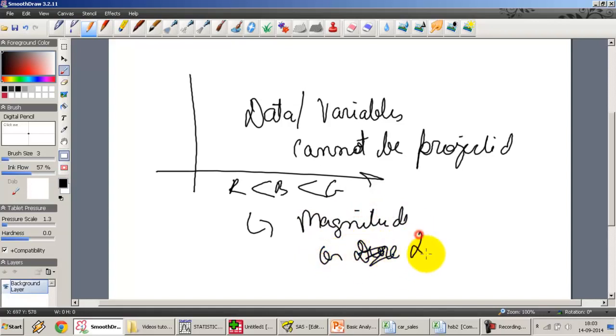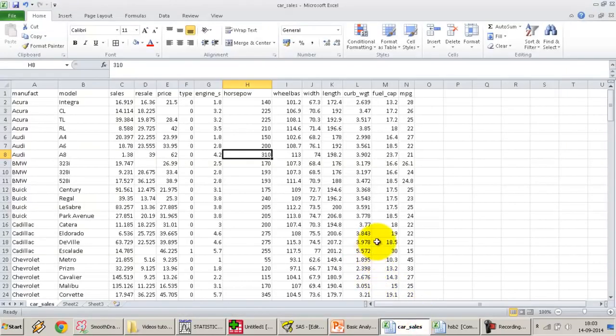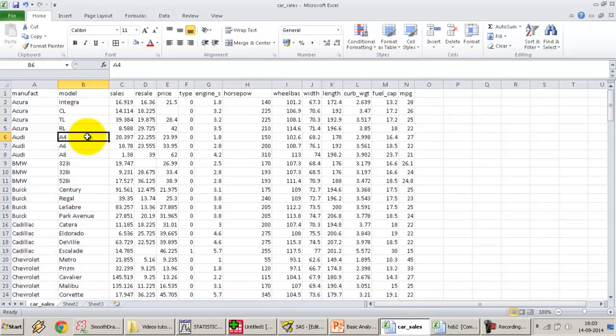I screwed that up. So here, direction, right? So no magnitude, no direction are typically called categoric variables. Let's talk about this data set again. Can you give me an example of what is a categoric variable over here? It's very simple. The manufacturer and model observations are categoric variables because they do not possess either a